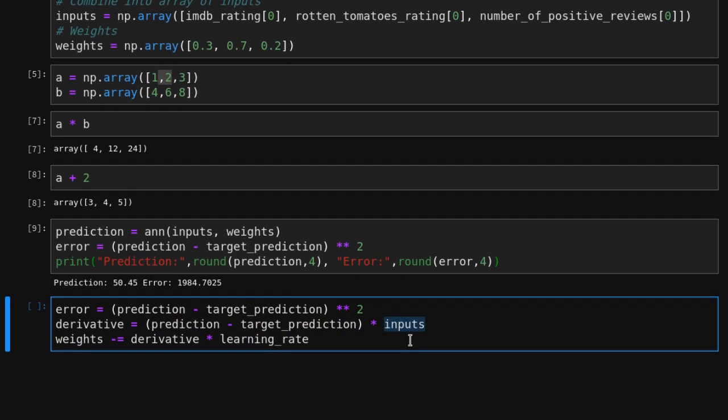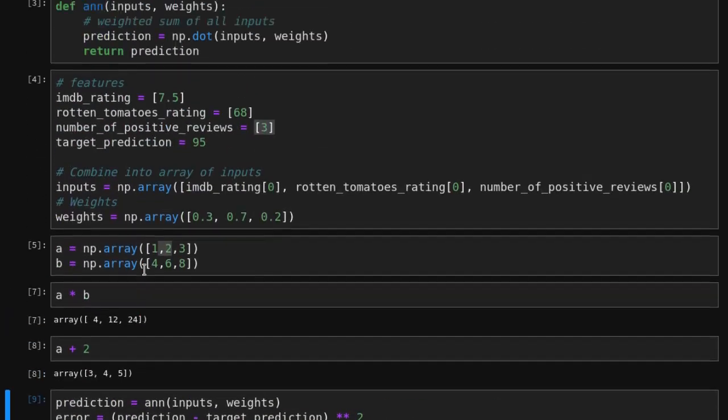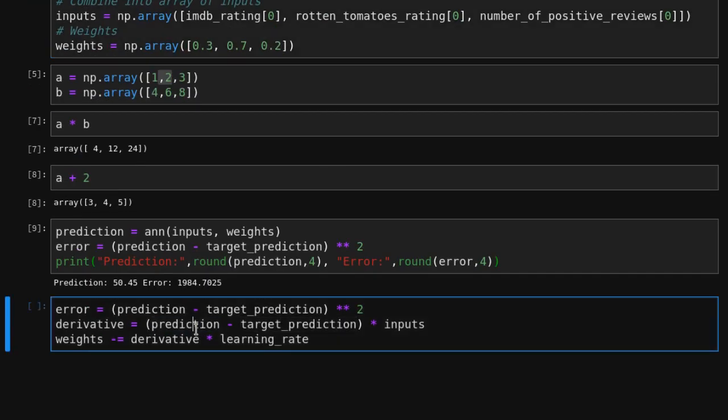So what changes in the situation where we have multiple inputs and one output? Well, if you look at this equation, basically this number has not changed at all. Imagine a neural network with 3 neurons coming into one output. The output prediction that it calculates is going to be just one number, and the target prediction is also just one number. So our output prediction will be 50, our target prediction will be 95, and 50 minus 95 will be minus